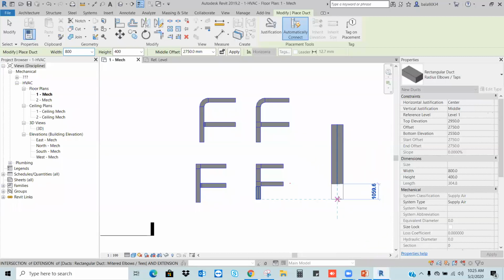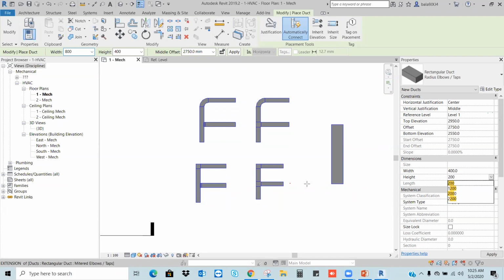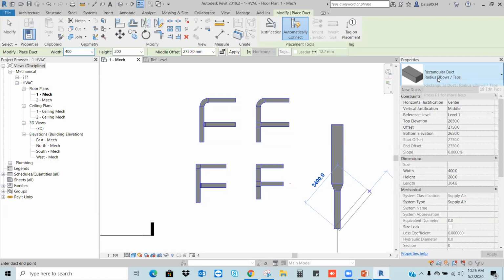After a certain distance, I need to change my duct size: width is 400 mm and height is, let's say, 200 mm. So again I will continue. Same duct, I'm not changing any type here, just changing the sizes.